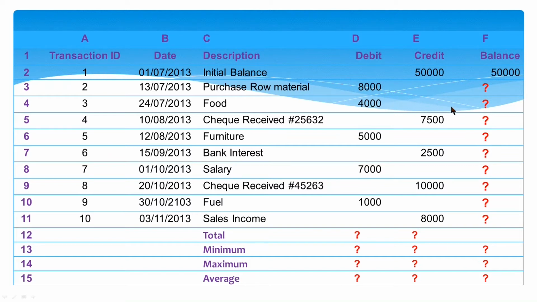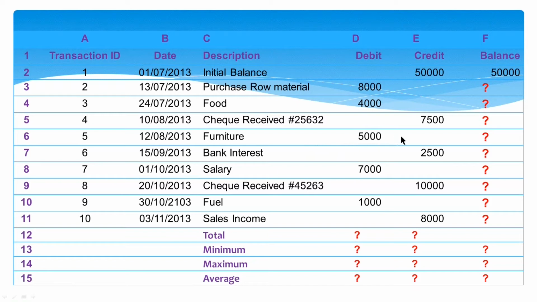So, again it is deducted from 42,000. So, our balance may be 38,000, but when you credit something like fourth transaction which is performed on 10th of August. So, we have received check and 7,500 rupees credited into our balance.